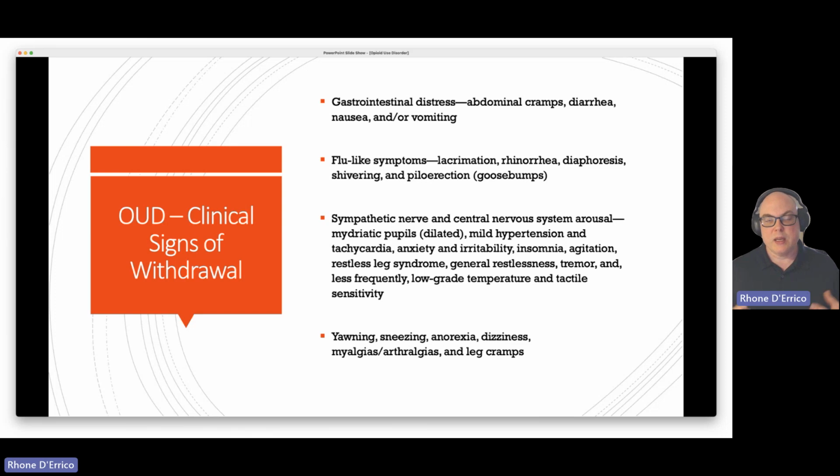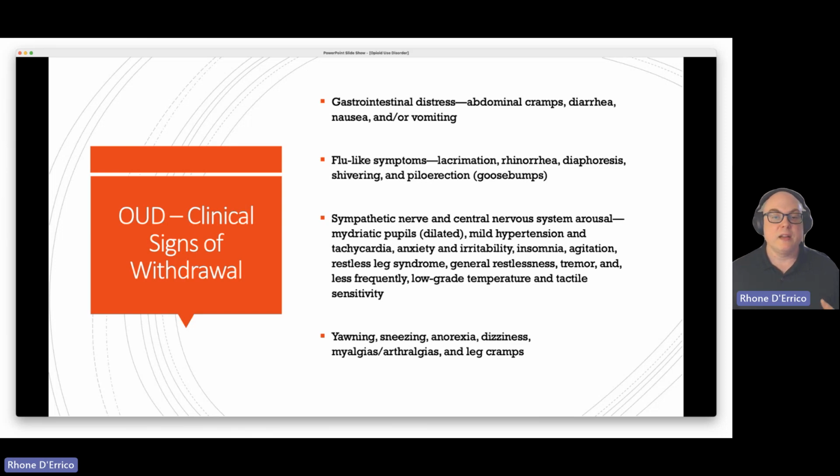Likewise, it was dropping blood pressure a little bit. So you get a little hypertension, you get an increased heart rate. They go from being sedate or in a pleasant mood to anxious, irritable. They can't sleep. They're agitated. They have restless legs. They're restless. They tremor. So you can see that's just that opposite where you get this arousal when before the opiates were kind of being a general depressant and causing euphoria.